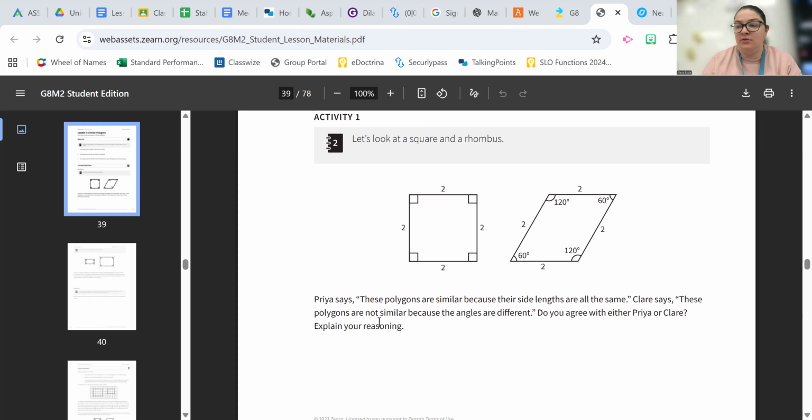Okay, and then based off of the notes that we just took on the front side, we said that the angles have to be the same in order for them to be similar. I cannot dilate this square and get this rhombus. The scale factor for the sides is 1 again, but I cannot dilate by the scale factor of 1 and it changed the angles. Dilations do not change the angles. So we want to say that we agree with Claire